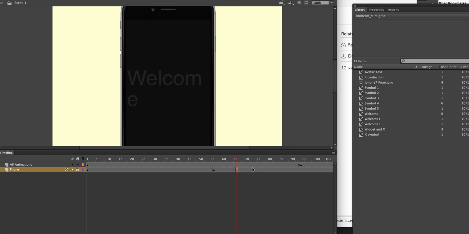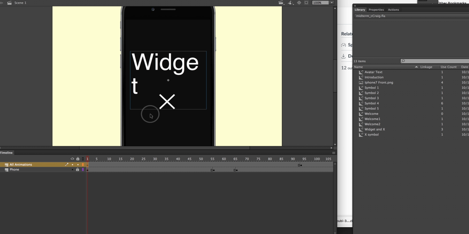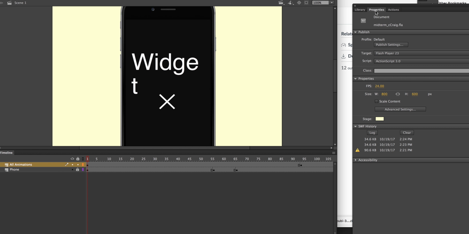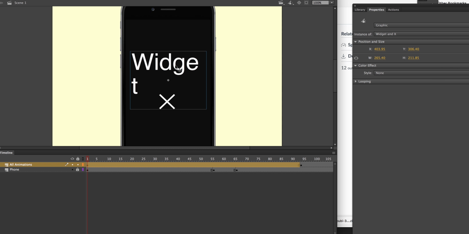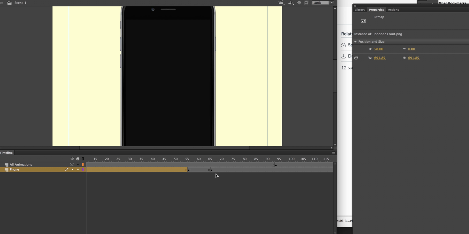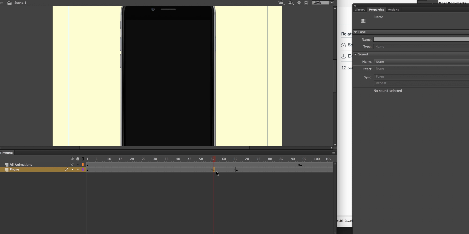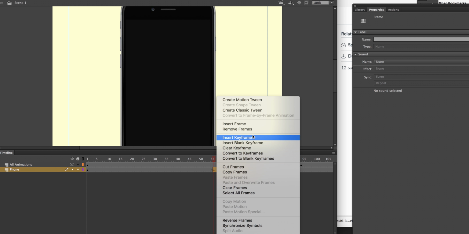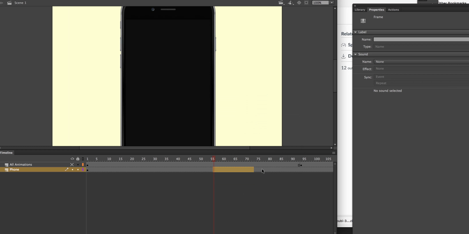So here we have a situation where we have simply an image, and we have tons of keyframes for this image, and there's absolutely no reason for these to be keyframes. Because the image doesn't change, there's no updating that goes on. So I can just remove all these keyframes, and it'll be fine. All you need is that one keyframe. And also we have this